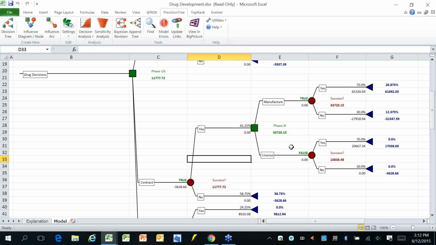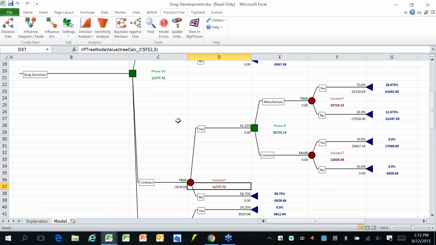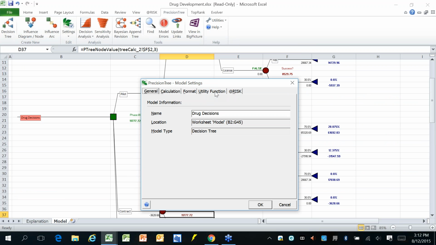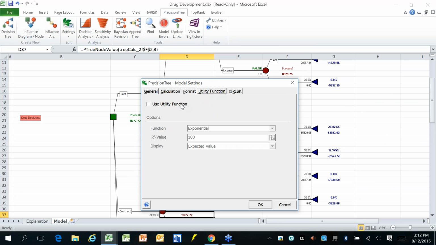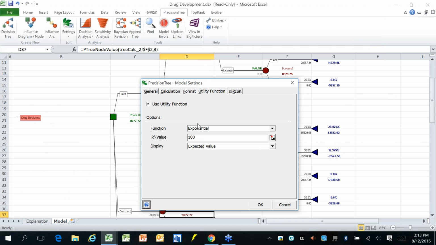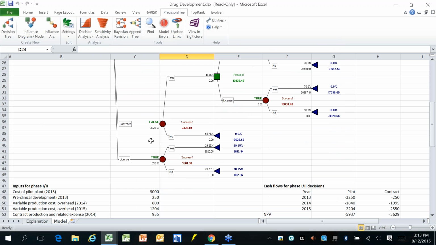I can, however, formalize that and actually make the calculations in the tree include risk aversion. And I do that using utility. In the model settings for a tree, there's a utility function option. And I can choose to include a utility function. Now, I won't go into the details of how this works mathematically, although it's easy enough to find out, and there is information in our help files as well. But basically, the lower the R value, then the more risk averse I am. So if I put 100 in for my R value, I see that licensing the product now becomes the optimal decision. It has a certainty equivalent,